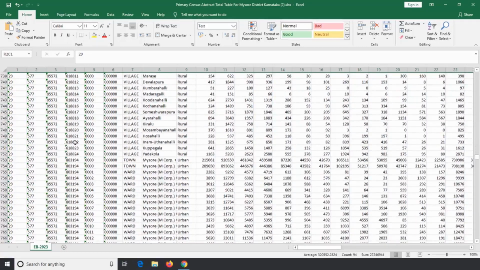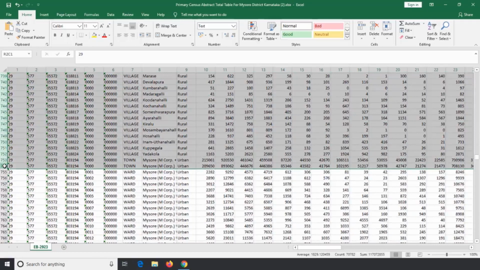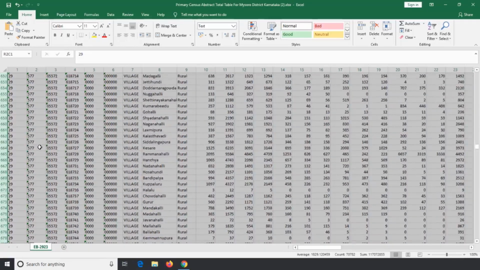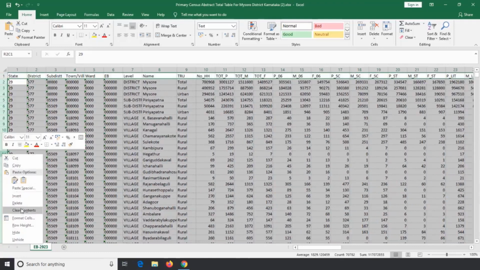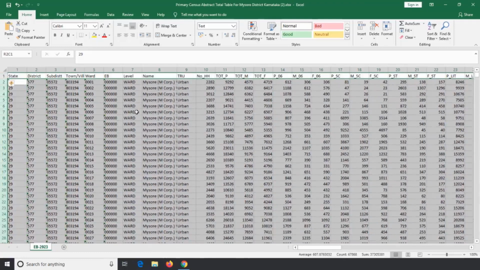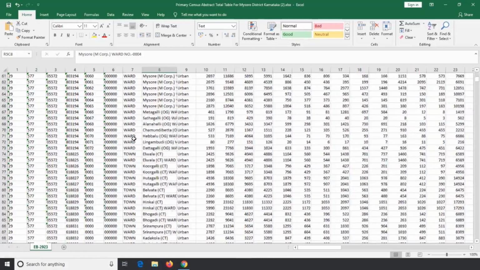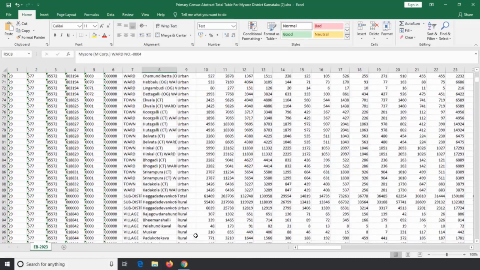By pressing the Shift key on the keyboard, I click on number 754 on the row index. As we have already selected row 2 at the top, rows 2 to 754 are selected. Now right click on the row index number and click on delete. In the same way, I am going to delete the rows below the Mysore wards.